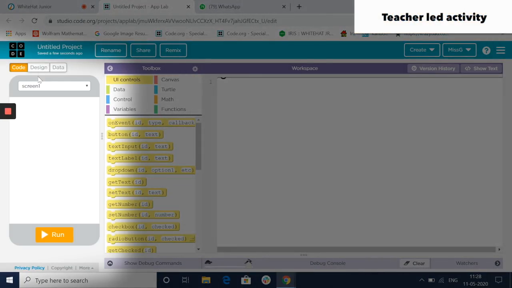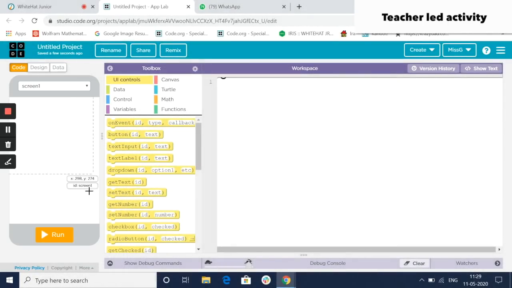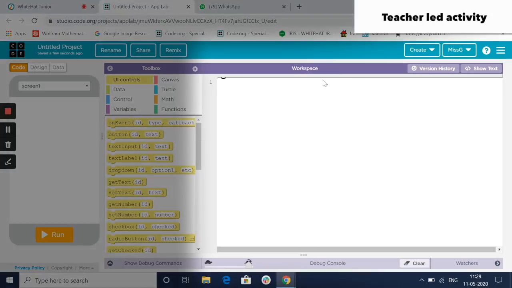Okay. So what do we see here? This is the mobile simulator. What that means is that all the code that we write here in our workspace is like a notebook. You fill it up with commands and codes that you create from the toolbox.